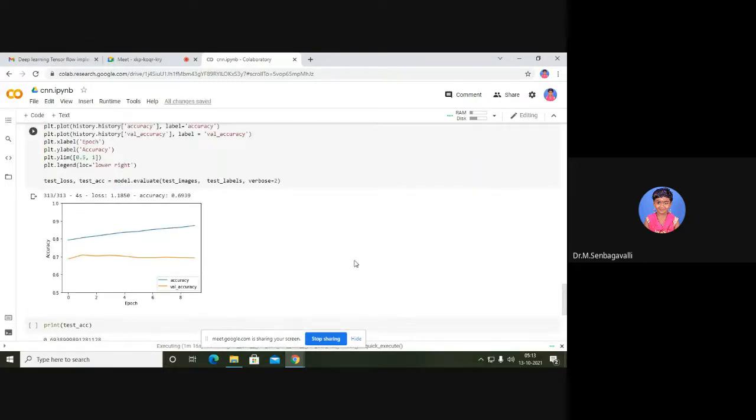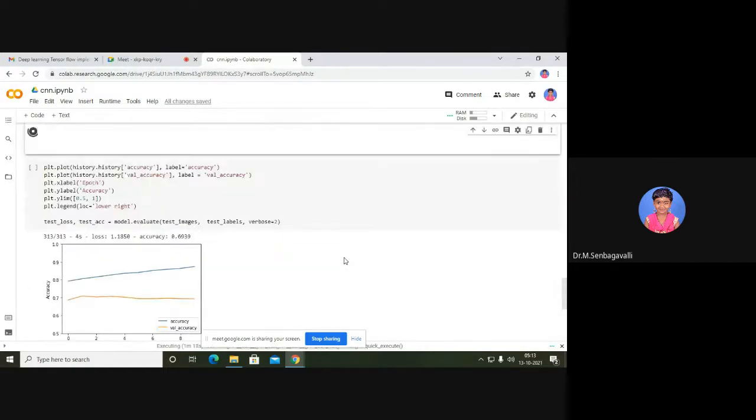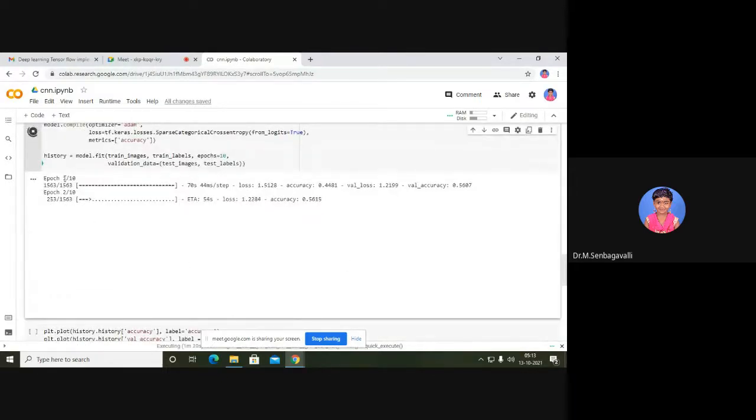Any doubt you can ask me, because it will be taking time. Now only the second pass is running, because it has to search everything. We have given many rows, many images, and it has to analyze all the images. Then only it can provide the last value, the accuracy value, everything.